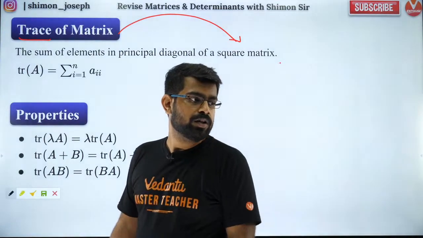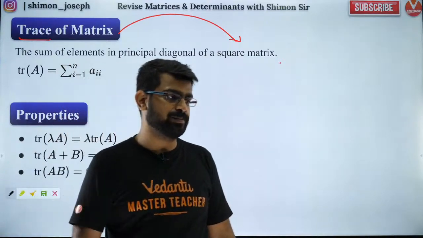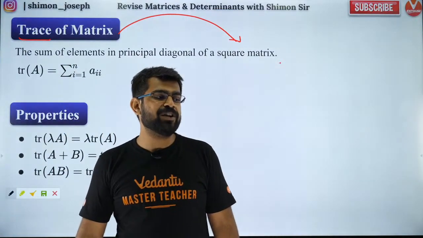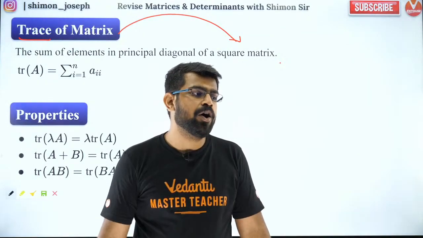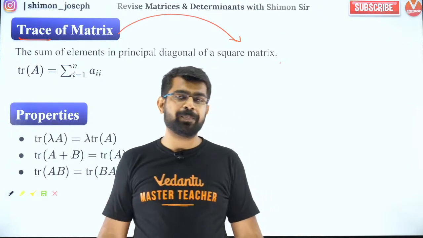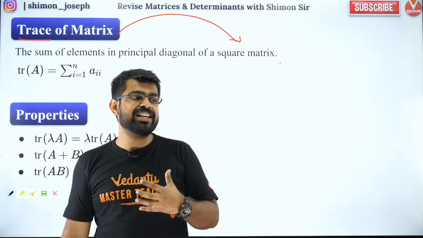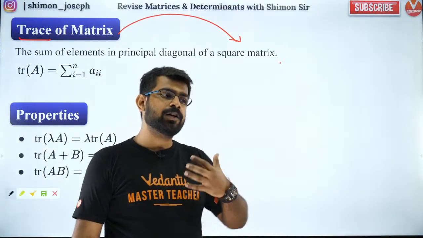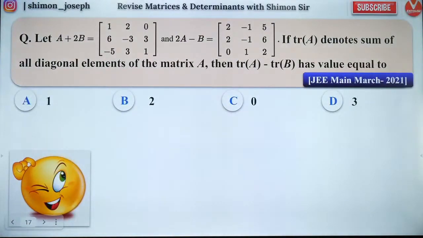Very good. Lambda is a scalar. Lambda is a constant. You can think of it like that. You can think of it like a constant, Noah. Very good, Balaji. Hello, Rishi. Welcome, man. What book should we use for JEE prep? I recommend Cengage to all my students. So Cengage is what I follow in my classes. So if you want, you can use that. But it's up to you. If you guys like it, go for it. Otherwise, you can find whatever is better for you.